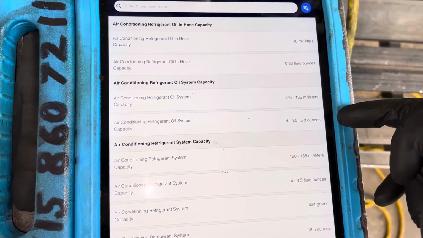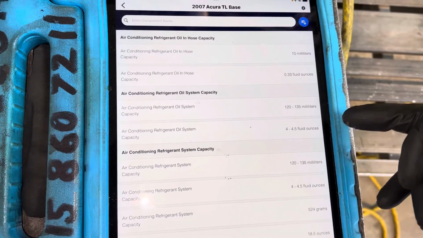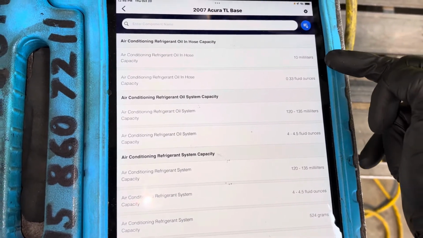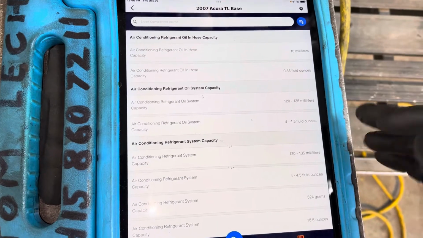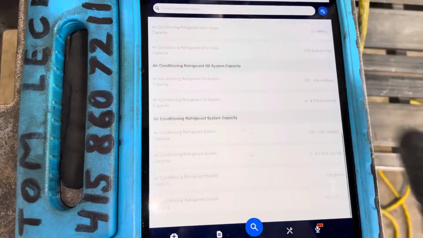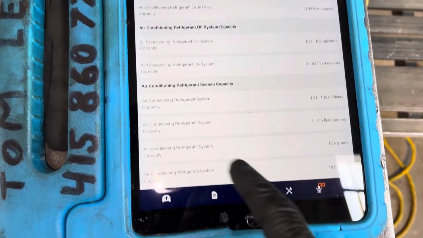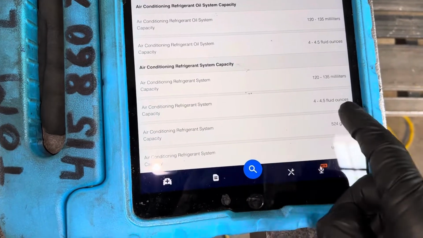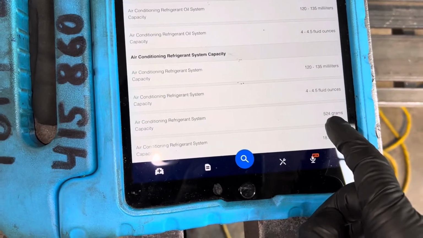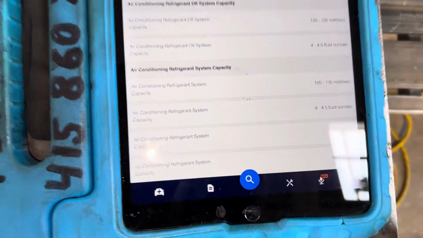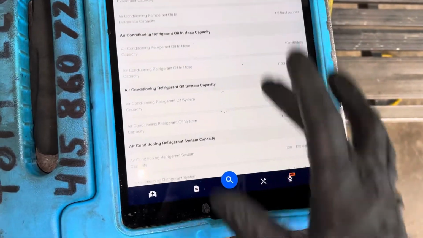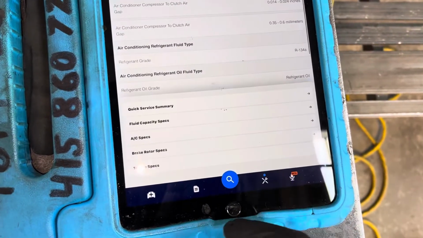And this is where I say that you might have much more oil up in the evaporator if it was operated under low refrigerant conditions. Refrigerant, right here, 425 grams of refrigerant. So let's get into estimating, and let's look for